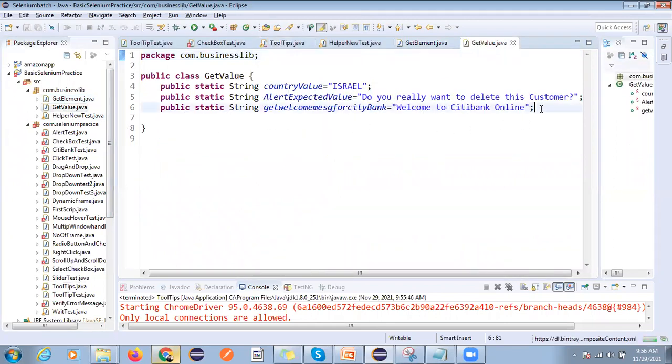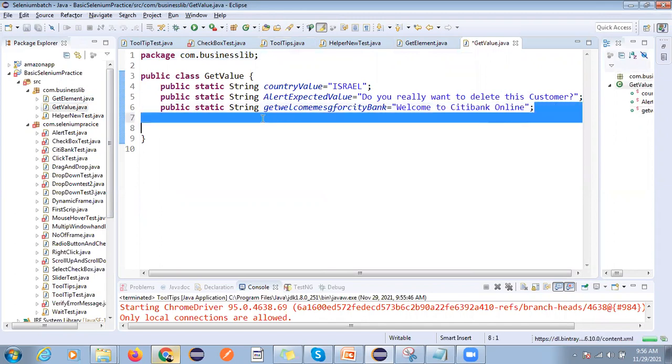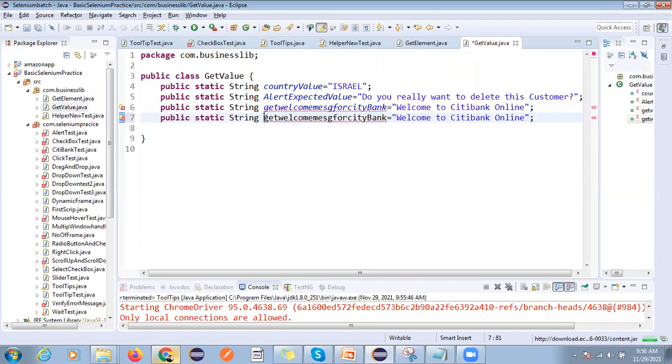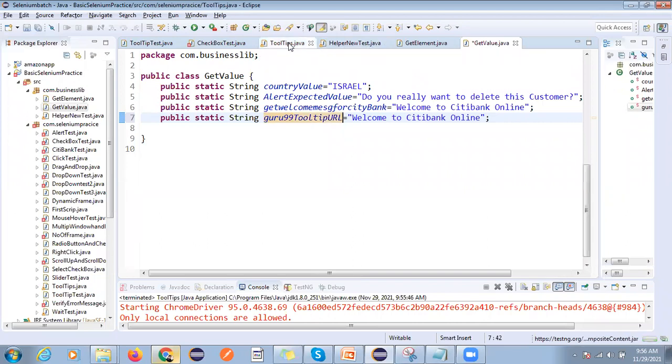The URL name, like I'm defining here, public static Guru99 tooltip URL. Okay, and this is our URL.